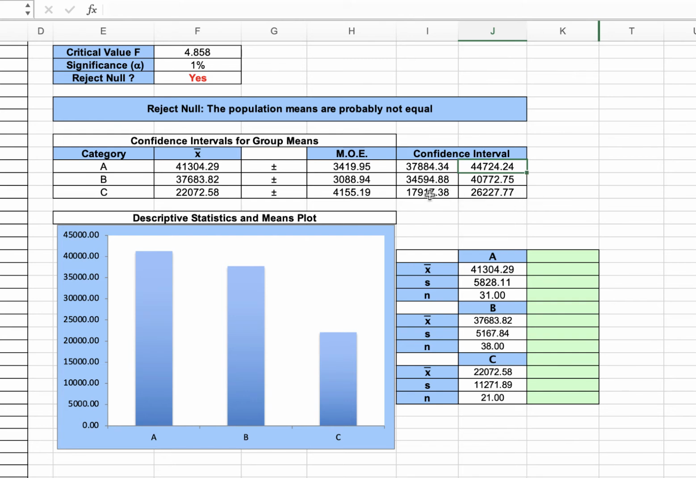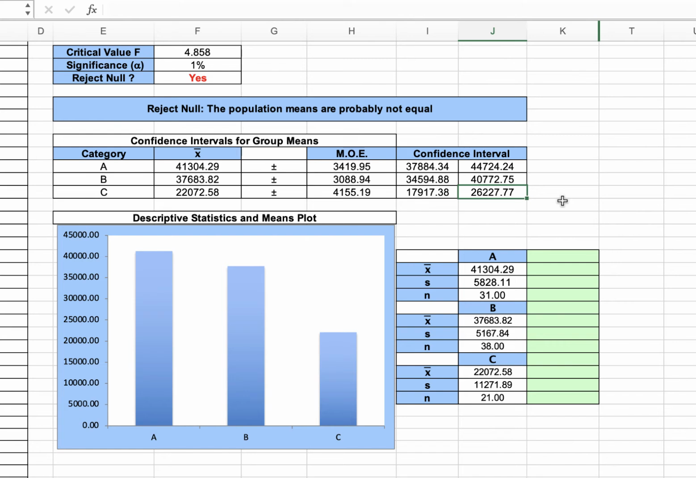Now C, we can see, is totally different, and this is why our p-value is 0, because C has only a range that goes up to 26,227, right? So the type of operation, type C, is a lot worse than A and B. A and B are similar. If I had to pick one over the other, why not go with A? Unless B is a lot cheaper, then definitely go with B, because A and B are going to perform pretty